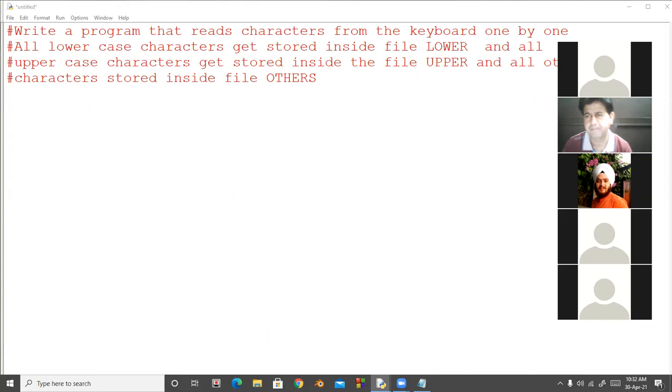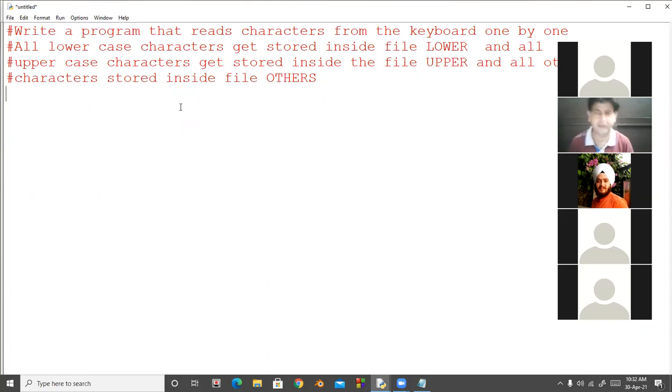Ishpreet, sir, we have to do both. No, they are saying we have to do writing, basically. Read characters from the keyboard, beta. Okay sir, writing. Writing, character wise or binary? Sir, simple character wise.